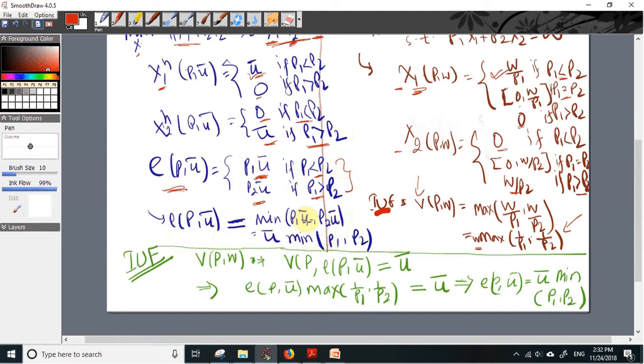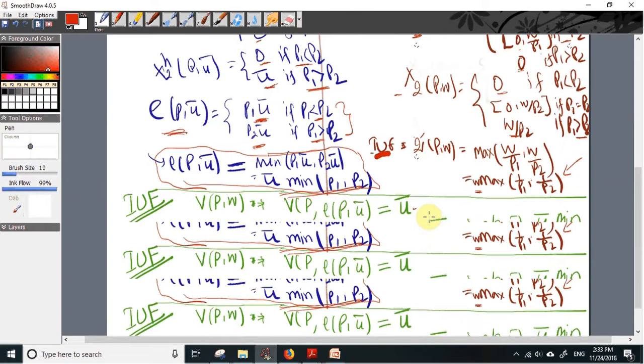So we can take U bar out of this minimum operator, so this is U bar times minimum of P1, P2. This says that if P1 is smaller, the expenditure is P1 U bar, and if P2 is smaller, the expenditure is P2 U bar. So this is the expenditure function in case of perfect substitutes, or the preferences that are linear in this form,